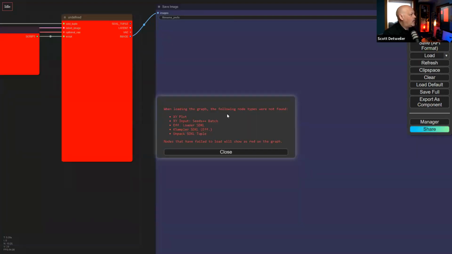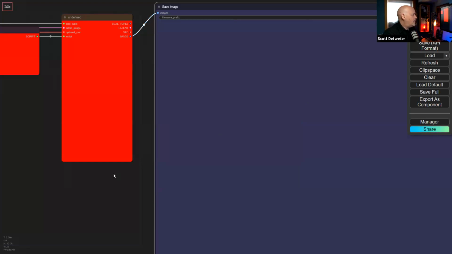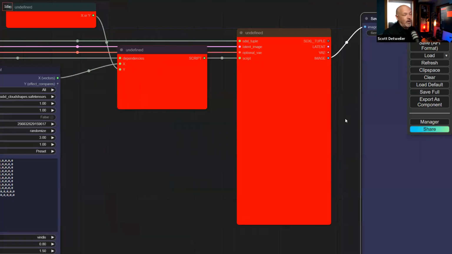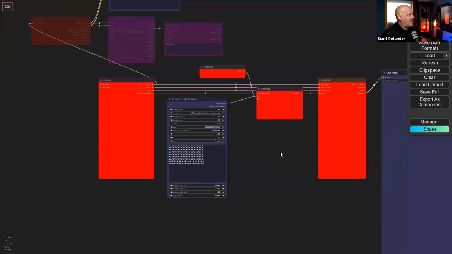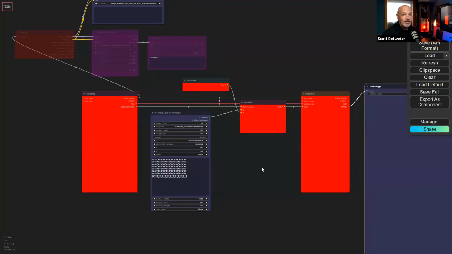The trouble is that a lot of these, that error popped up. This is the one we're all crying about right now, although it's been forked since then. The guy who made these efficiency nodes for XY plotting has discontinued the whole Git for it. Well, somebody had forked it, and now I just have to go get that. But this is one of those things that you get sad about, is you see someone create a node suite that you love, and then they decide it's just not worth the time or trouble to maintain it. And that's another reason why, when I find somebody who has a node suite, I'm a really big fan of giving back to them.